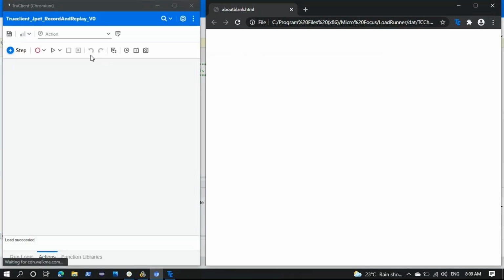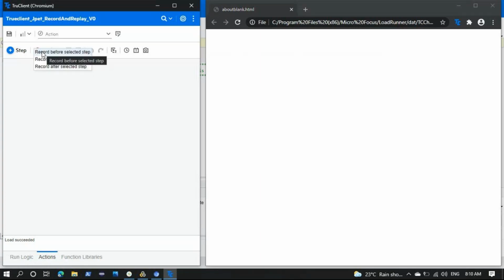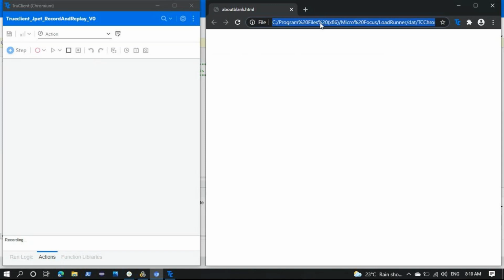Then this one is your recording pane and this is your recording browser. Okay, so today we will record a basic script, like login, logout, doing a checkout, and then we'll do proper enhancements today. Okay, so for now today I will click on recording. So here